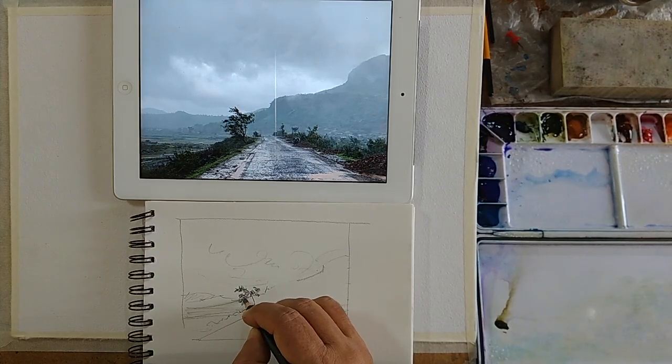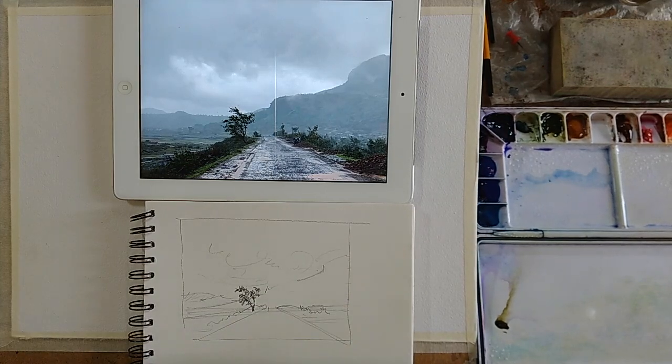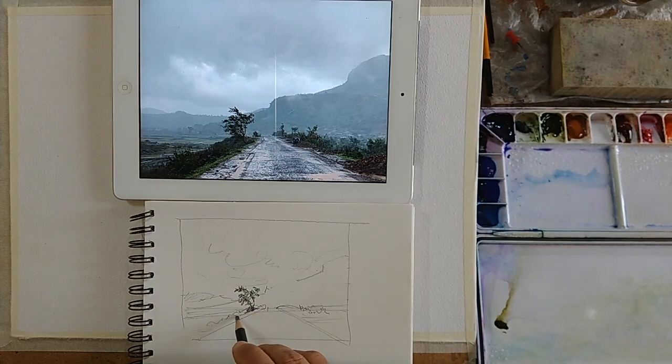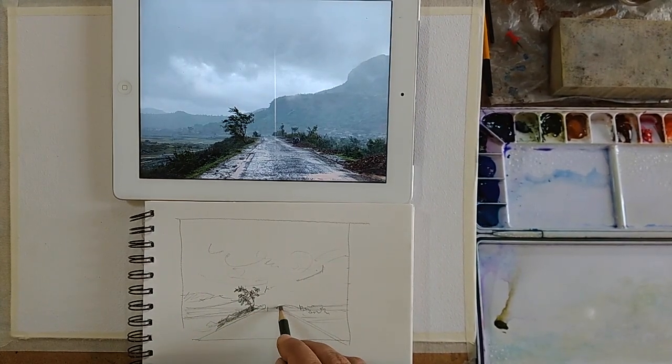Something that is bending sort of thing. So that is enough for this. Some kind of thing here. And there is a road,